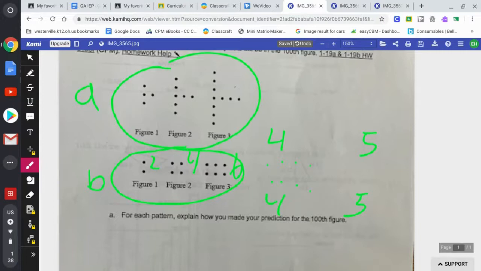So the fifth figure should have 5 sets of 2 dots. 1, 2, 3, 4, 5. So once you have that done, you're going to have to go down to